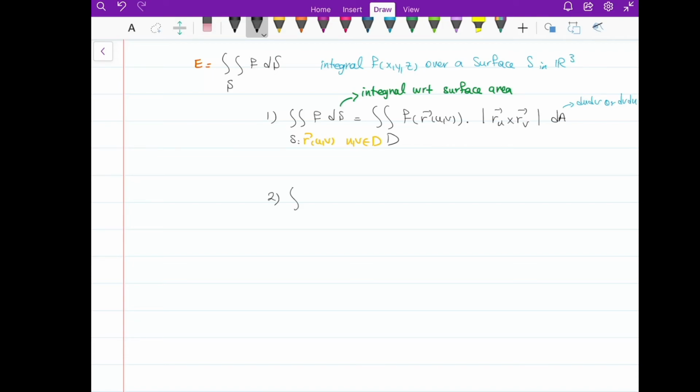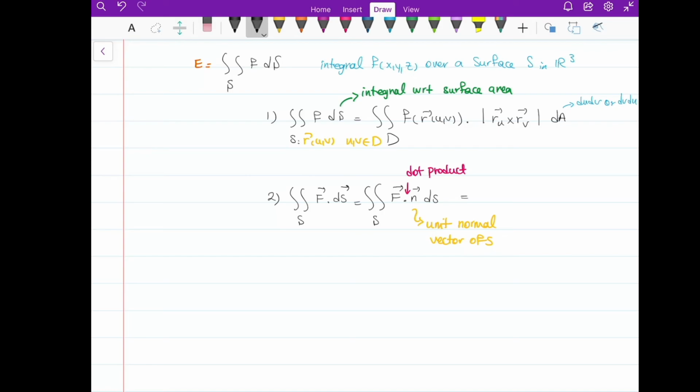The second type of integral would be f dot dS over the surface S. If I want to calculate that, I can write f dot n dS over surface S. The surface S should be an orientable surface. It means that there should be a unit normal vector at each point, the unit normal vector of S. Basically, I have a function in here. I have a vector field. I have a vector in here. I'm going to do the dot product in here. So I have the dot product,